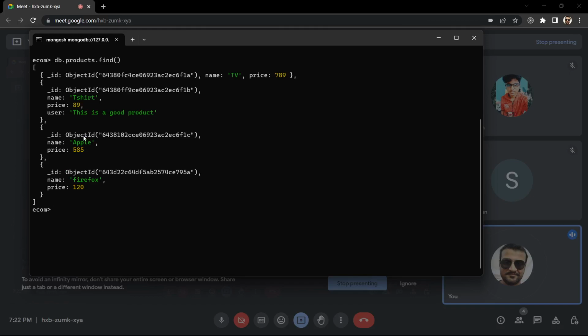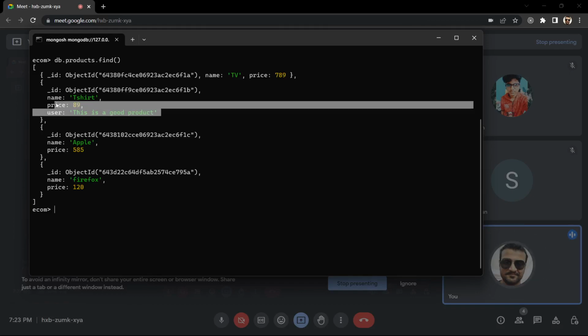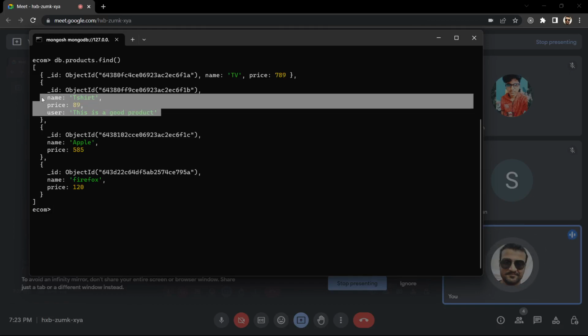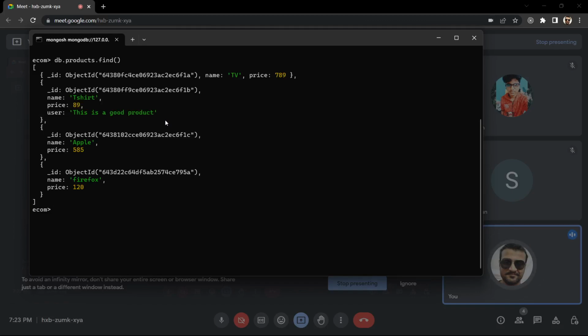And here in this article you can see inside the product ID of the t-shirt. Now we have a user, and this user has a comment: this is a good product. Okay, so I'm showing over here only how to add a single comment, but you can add more than one field